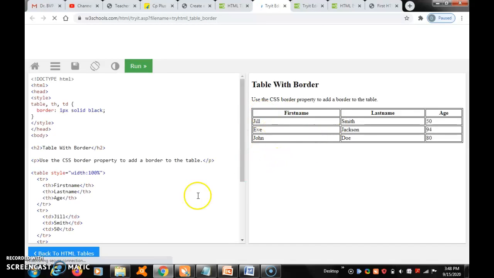So this is the execution of the exercise. Here is a solid border. In the same way, with multiple data in that particular table, the header and table data are all in a solid black border. So the solid black border is used in the exercise.